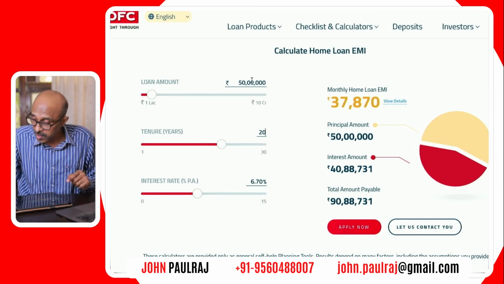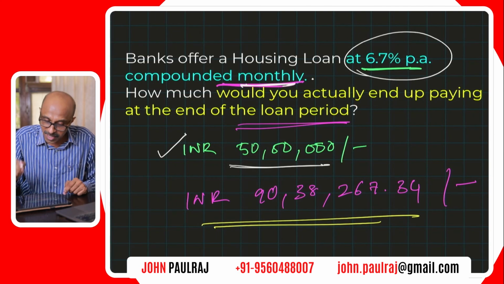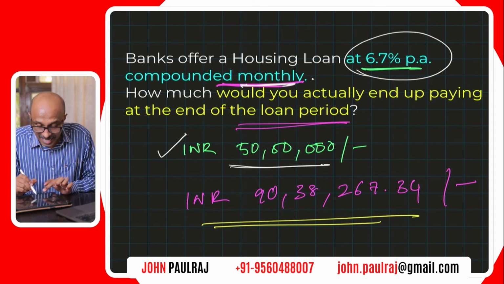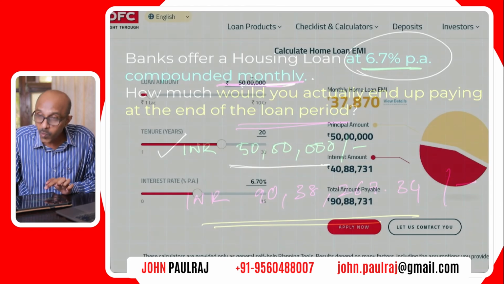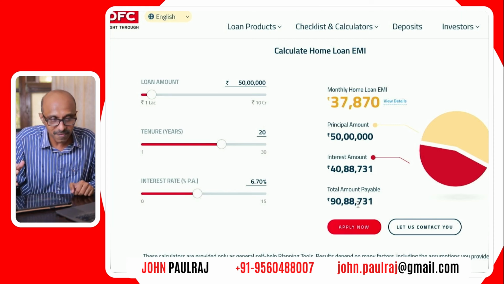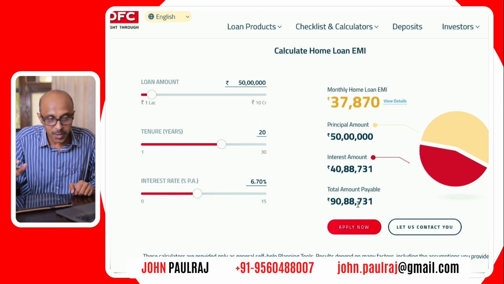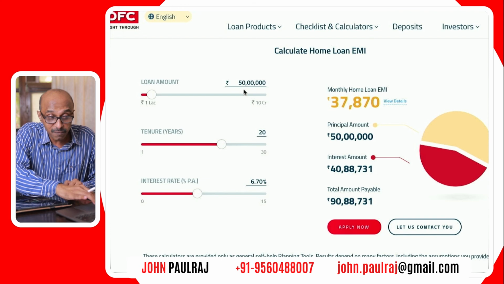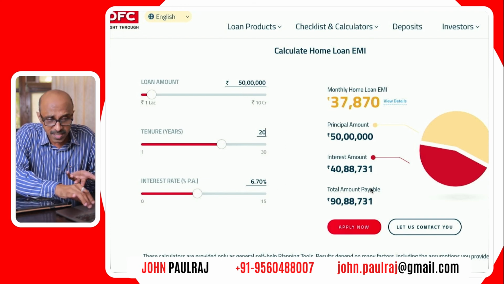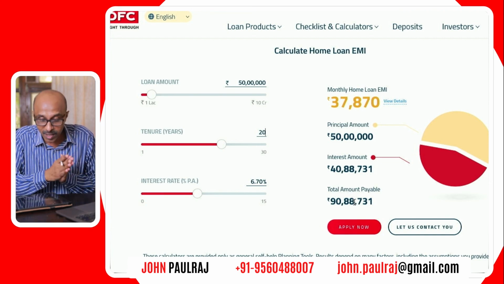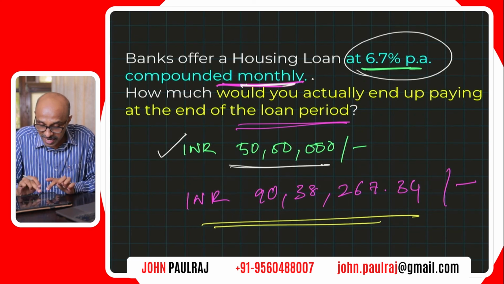Everything else is the same. Look at what we calculated yesterday. We calculated that the total amount payable at the end of the 20 years is 90 lakhs 38,000. Whereas on the website, I see 90 lakhs 88,000. Maybe that is bank service charges, but 50,000 for service charges, I don't know. But does it show up anywhere on the table? I don't know. But for the same numbers, as I said, 50 lakhs, 20 years, 6.7%, I noticed that there is a difference between what I calculated using the finance solver and what the bank had to say, all right? So as you can see, 90 lakhs